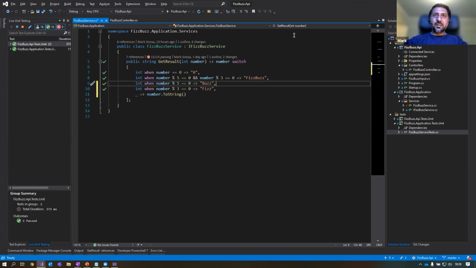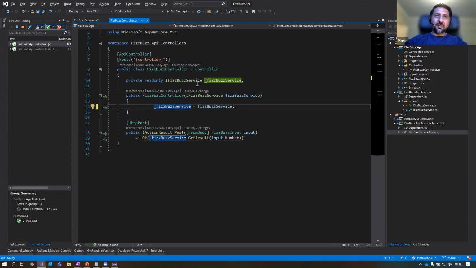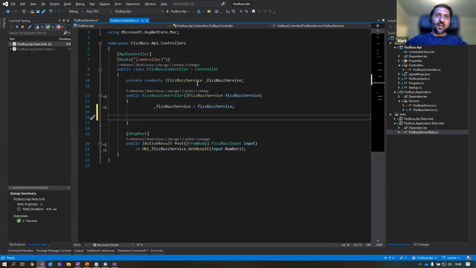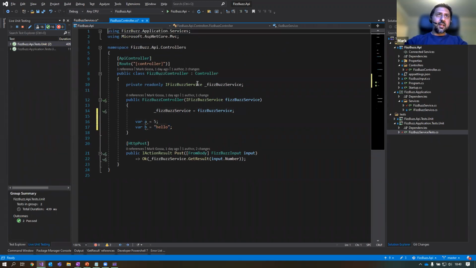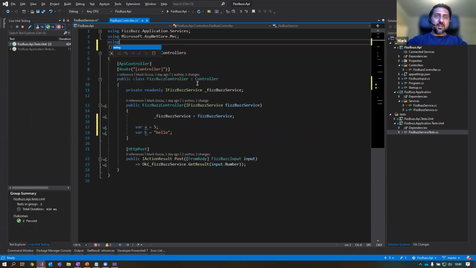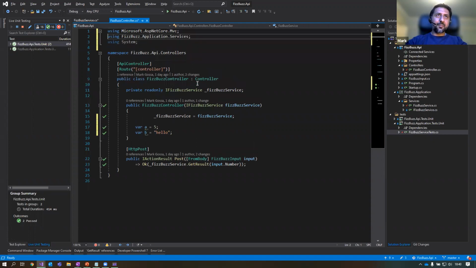Okay, so let's say we've got a bit of a messy method. So I'll go back to the controller here. Let's say someone like me has been coding late at night. The code looks something like this. And we've got lots of using statements that we don't need here, and also the using statements are not in alphabetical order. It's a bit of a mess, really.